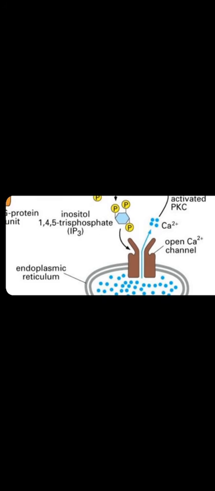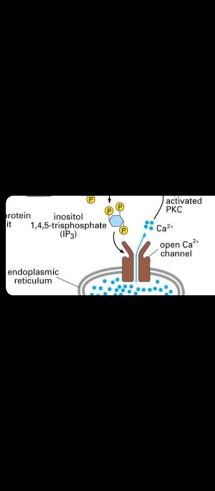Inositol triphosphate has a high affinity towards the calcium channel protein. Now the calcium channel protein will receive the inositol triphosphate, and it will open up the channel. Now calcium will be released from the endoplasmic reticulum